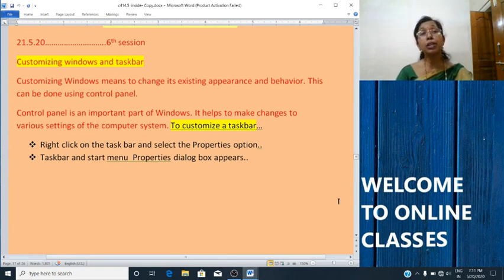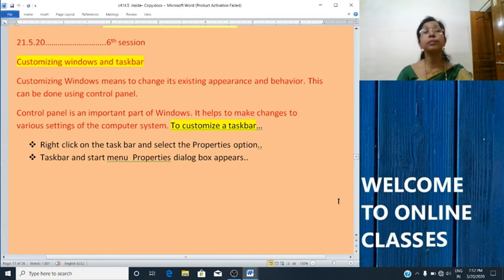So, control panel is the facility center of a computer system from where you can control all your peripheral devices. You can customize your desktop, your taskbar to best suit your needs.